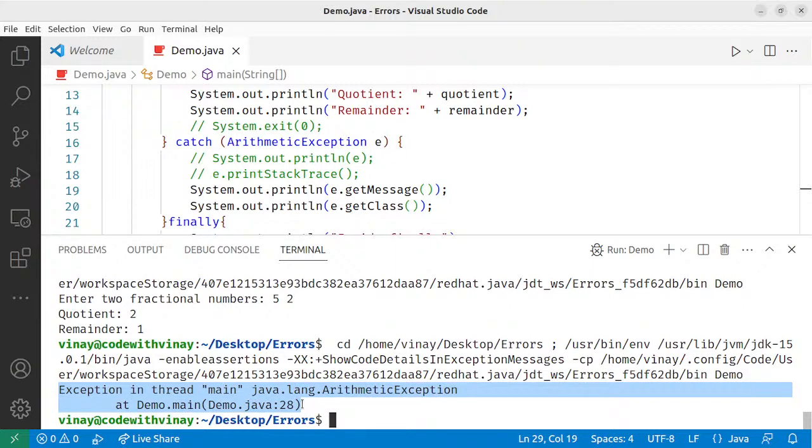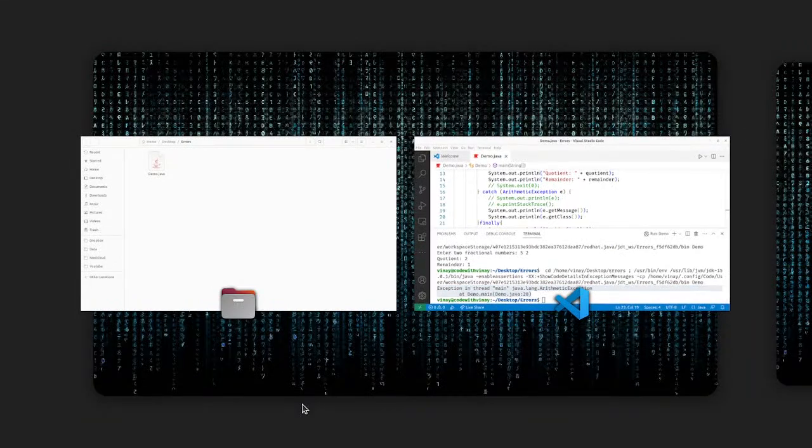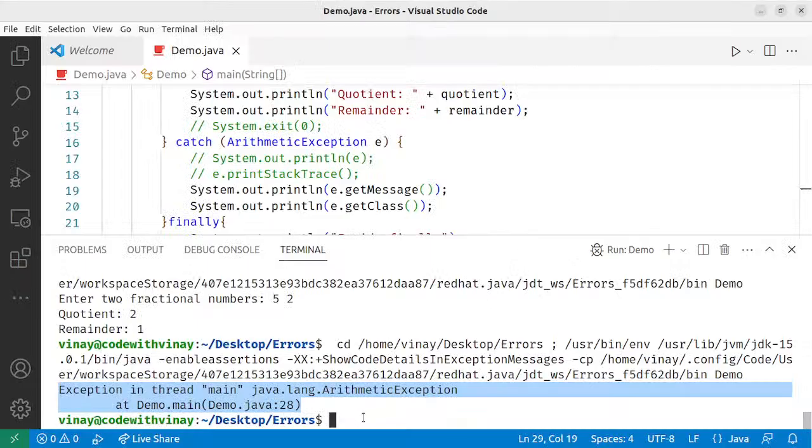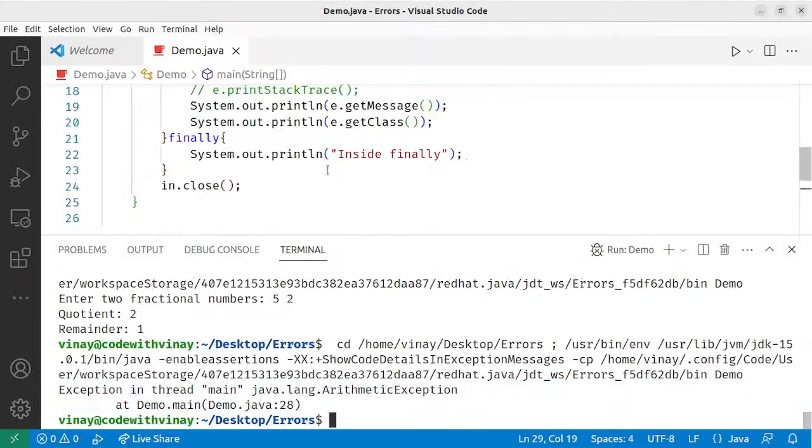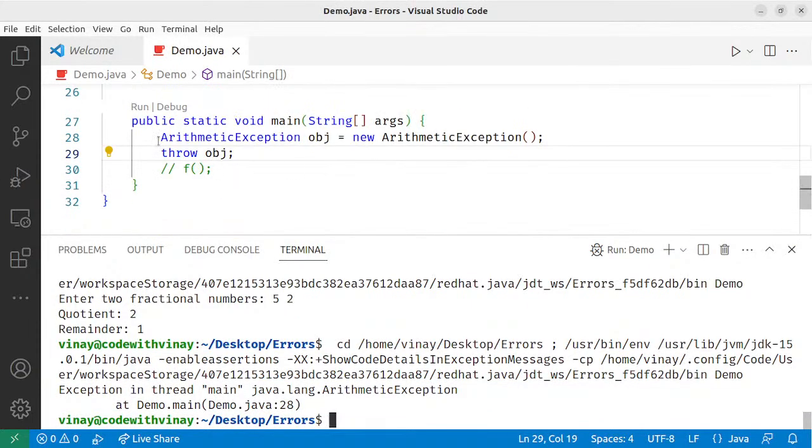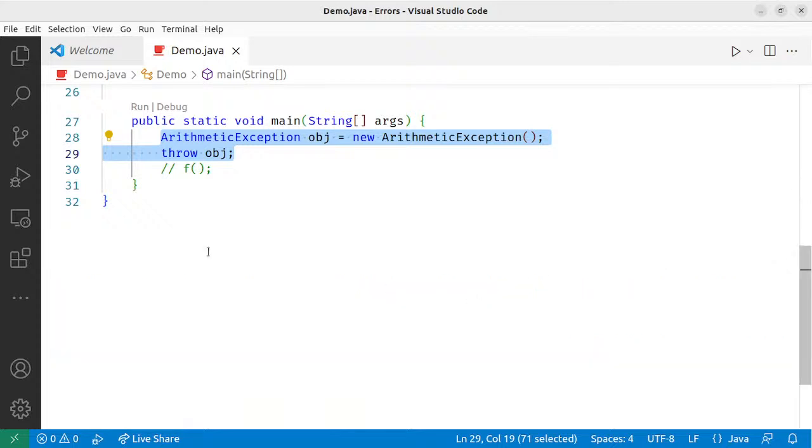In the next class, that is in tomorrow's class, we'll see in detail how we can create our own exception and throw it. Right now, I'm just throwing the inbuilt exception to demonstrate that throw is used to throw an exception. Okay, that takes care of throw, and now we are left with one more keyword in the syllabus,